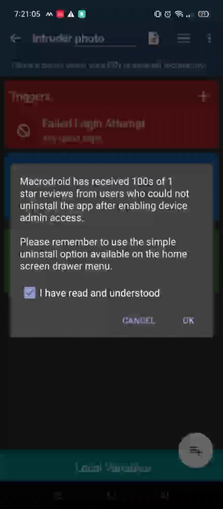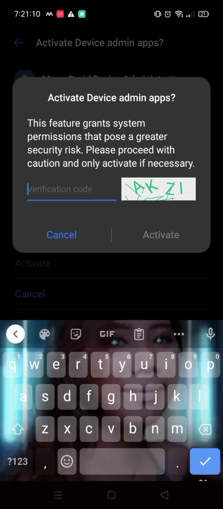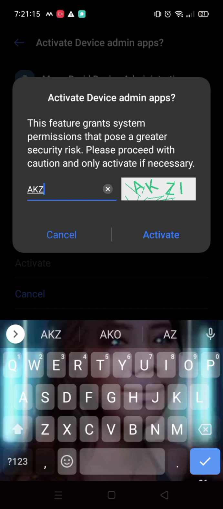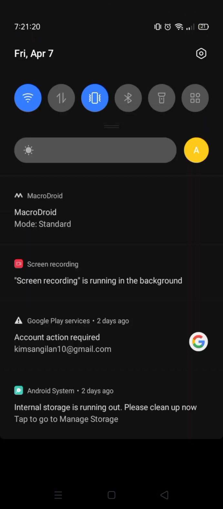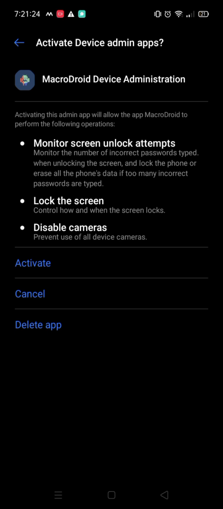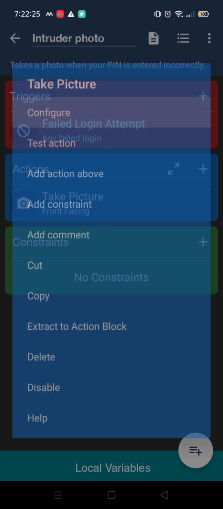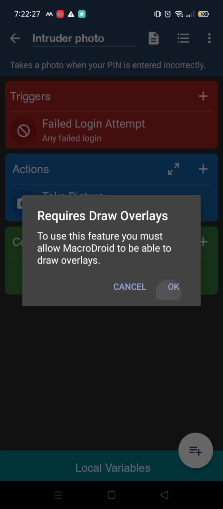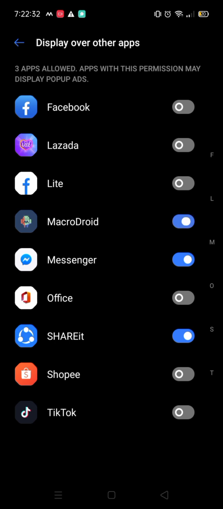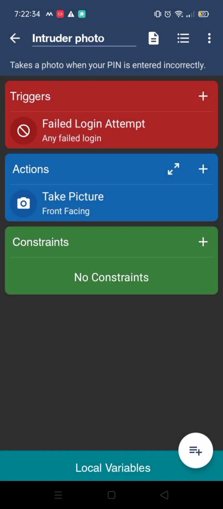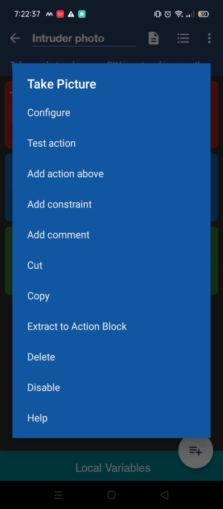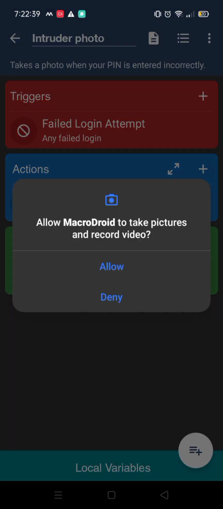Okay, then click activate, and after that click take picture, click configure, click OK, then go back, click allow,